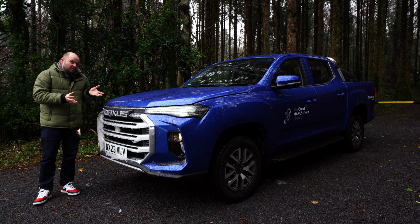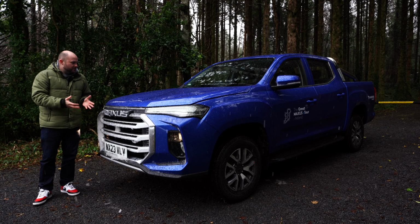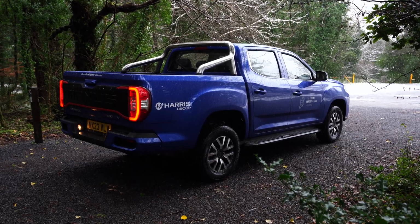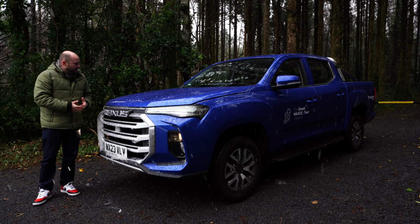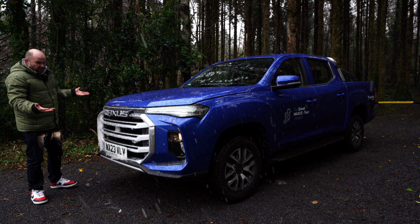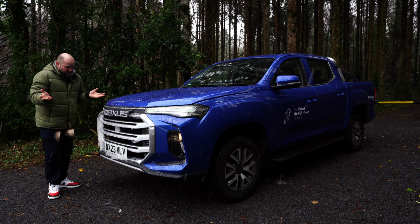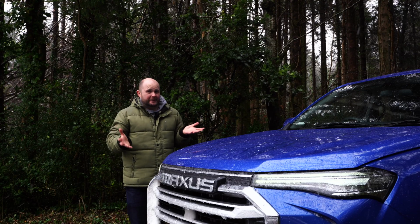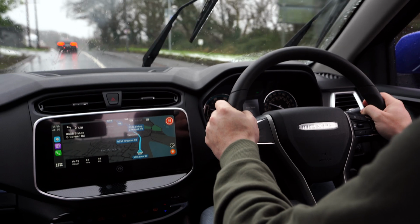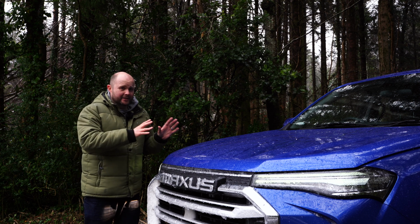Somewhere this type of vehicle could really suit would be forest companies or park rangers. You can imagine the rangers in the Phoenix Park in Dublin using these to get around, because you don't need range, you're not going to be driving that fast, and it's good in that setting, and it looks good for certain companies to be using an electrified version of a pickup truck. I could probably live with the range, and even the charging speed is okay. The bit that would be quite difficult to live with is the ride quality. If you're going to be driving at speed, or on any sort of road with any sort of imperfections in it, and this is Ireland, then you need to test this out before you sign